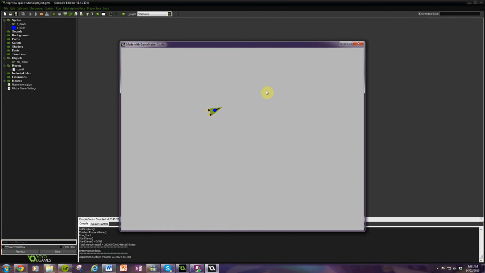So it just makes it a bit faster. And if you press S, it goes backwards. W forwards, S backwards, and you can turn. Alright, so